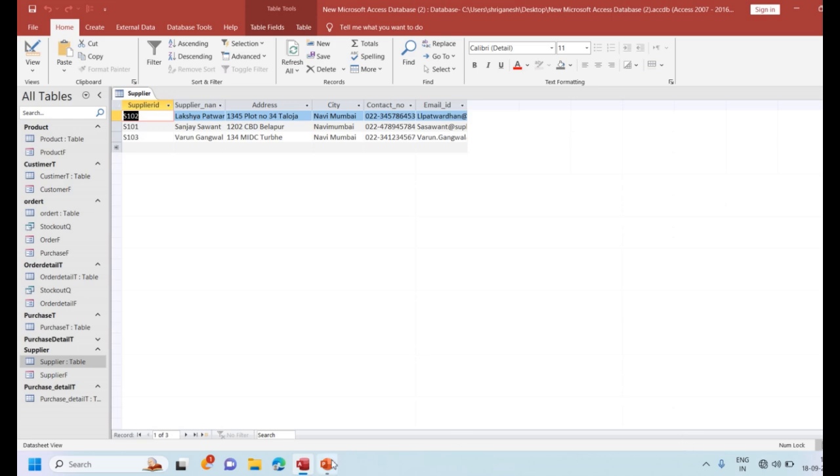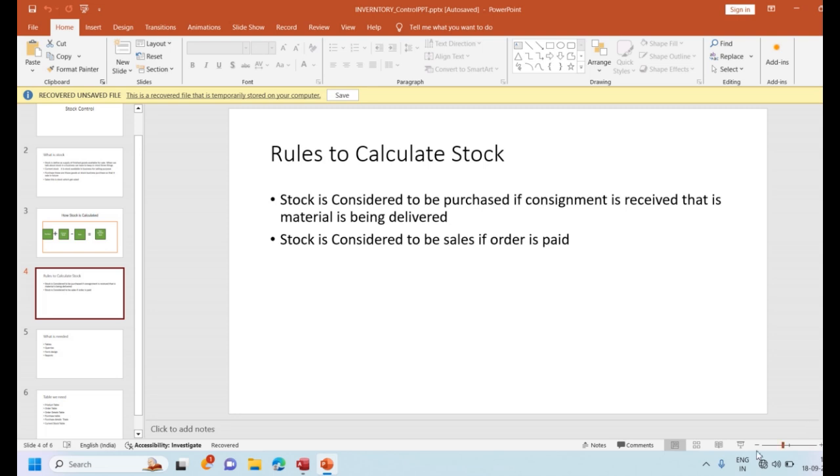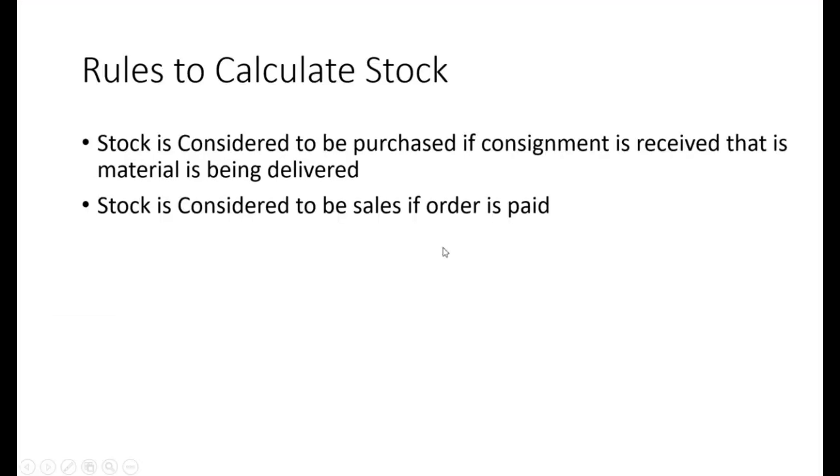So one of the most important rules for the calculation of stock is that stock is considered purchased if the consignment is received, that is, the material is delivered. When I place a purchase order, the supplier supplies the material, goods or stock to my premises.